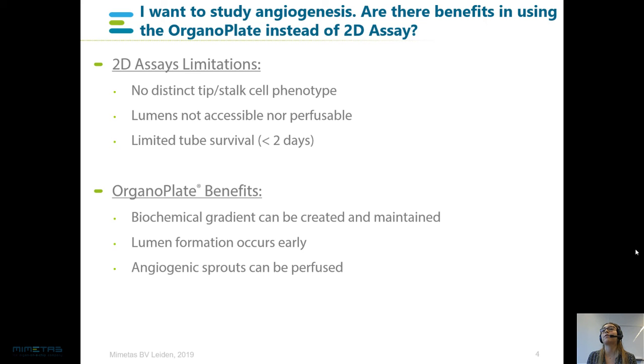One of the big strengths of our model is that you can create reproducible gradients that you can maintain for up to 7 days, allowing for a much longer window to run assays. And since gradients and perfusion are two important things during the initial sprouting and the stabilization phase in angiogenesis, their integration in our platform makes our model uniquely suited to perform physiologically relevant studies on the formation and regression of the microvasculature in vitro. You can find the protocol for angiogenesis in the organoplate on our website at mimetas.com/support in the Getting Started section.